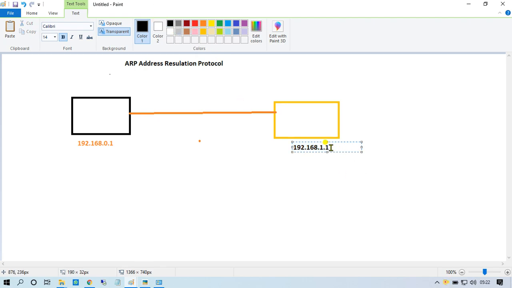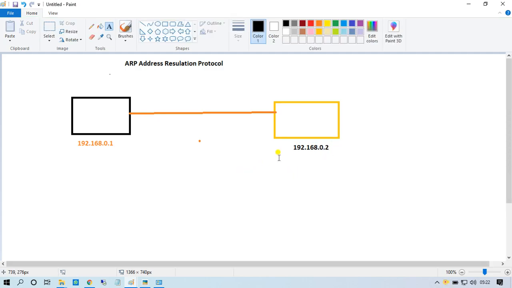Not 1.1, do one thing, 0.2. In case PC black wants to communicate with PC yellow. It's not orange, it's yellow.